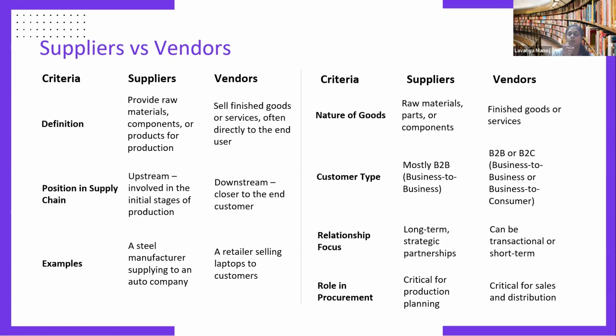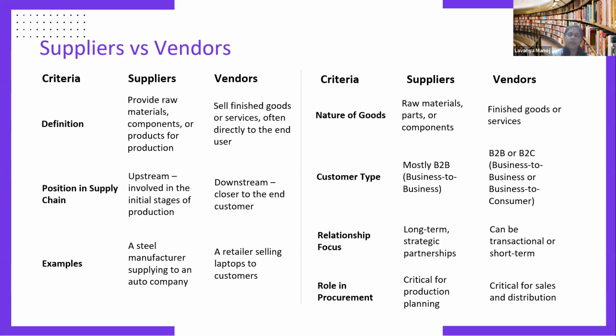Relationship focus. Suppliers, you can have for a long time because they should keep on supplying the products for the production for your company so that the production doesn't stop. It doesn't cease. It keeps on going and your company can keep on producing the product or the service, sell it in the market and make profit, right? So suppliers, mostly they will have a long-term relationship with the company unless and otherwise you find a new supplier